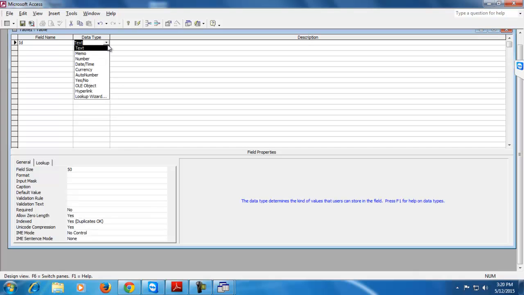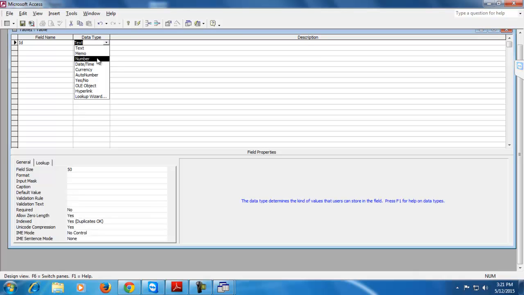It means the type of data that the field can store. It can be text, which can hold alphabets as well as numbers. Memo is for detailed entries, like if you want to give the description of any product or any employee. If you want to give the description of anything, then you can select the memo field.